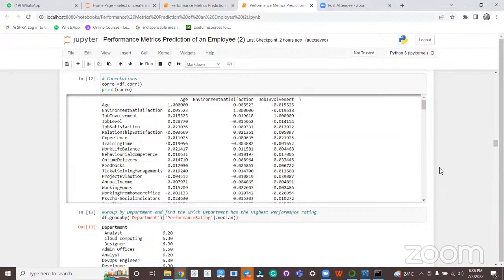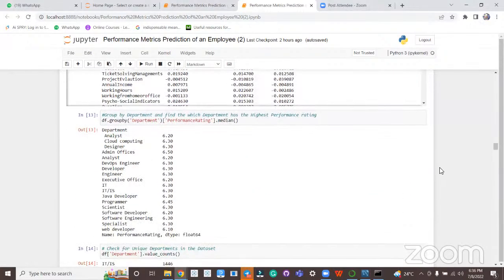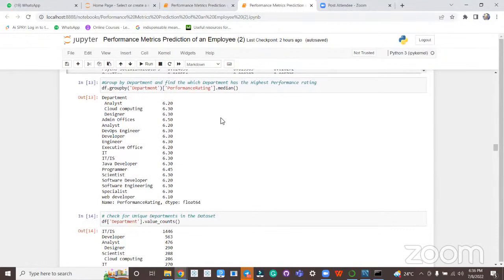Then coming down, after correlation, we also analyzed the performance rating department-wise. So we grouped the data with respect to the unique departments that we had in the organization. Every organization has a bunch of employees working in a specific department.